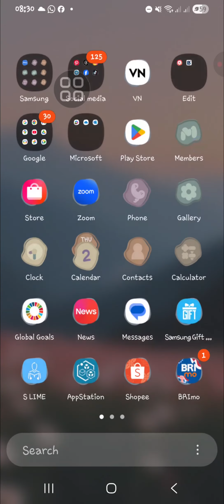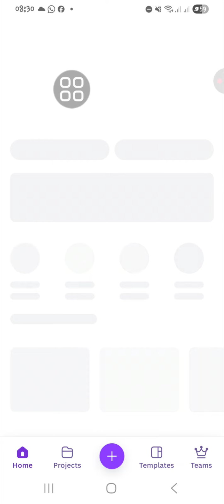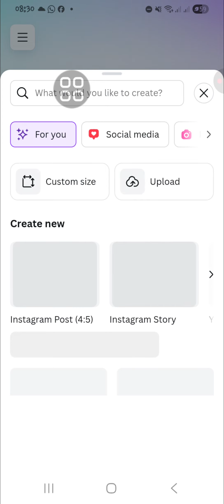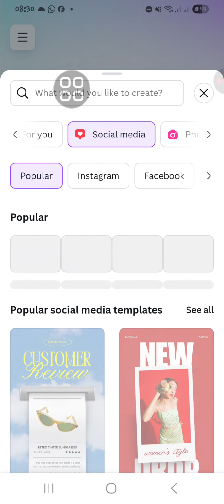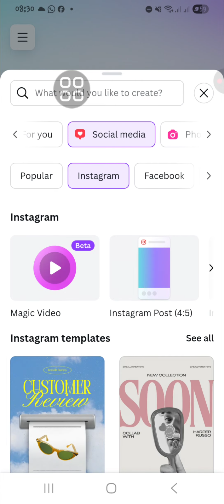So first of all, make sure that you have already installed the Canva application on your mobile phone. And then we're going to create a new design. I'm going to go to the Canva home, and then we can select this plus icon, guys, to create a new design. And then for the ratio, we're going to choose social media and select Instagram. And you can choose Instagram post